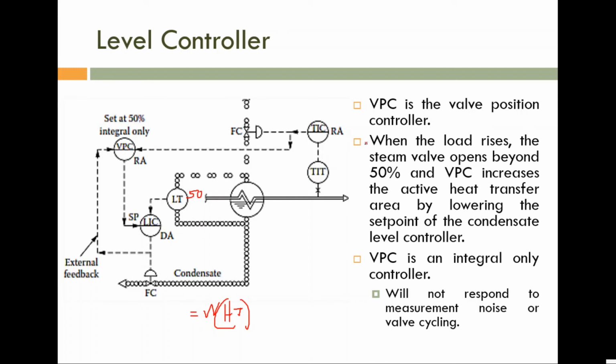Normally we are changing the steam flow rate if the demand is small. If the demand is large, then rather than changing the steam flow rate, we are changing the heat transfer area. Please note, we are going to discuss that. So think about the case: if you want to increase the heat transfer area, definitely we want to decrease this liquid level. Decreasing this liquid level is possible if and only if you are increasing this condensate rate or if you are opening this control valve.